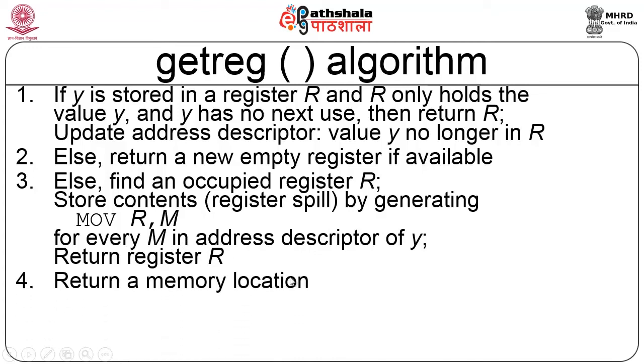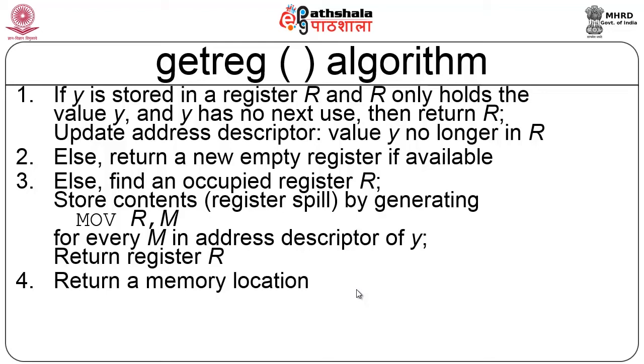And the last option is, if I cannot find any register at all, then you return a memory location as your area for computation. So you are not going to compute in a register in that particular situation. Now this is going to be a very strange scenario. All register allocation algorithms will take care of issuing a register to the user to the maximum possible extent. So get register will either issue a register R if that variable itself is already in the same register R, again updating the corresponding address descriptor and register descriptor. If it is not in a register, it will issue a new register if it is available.